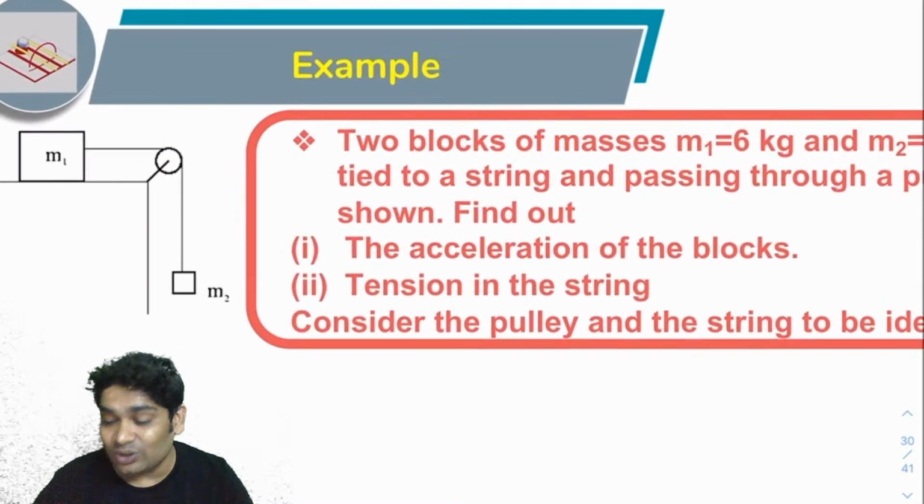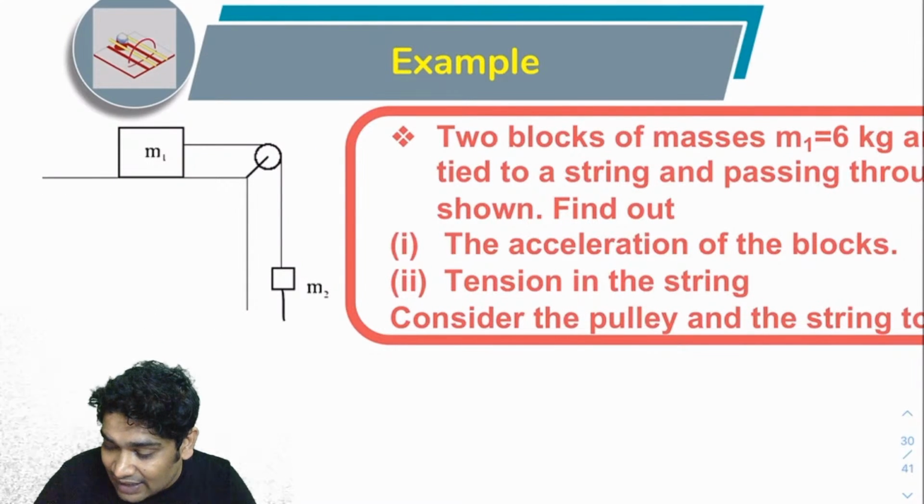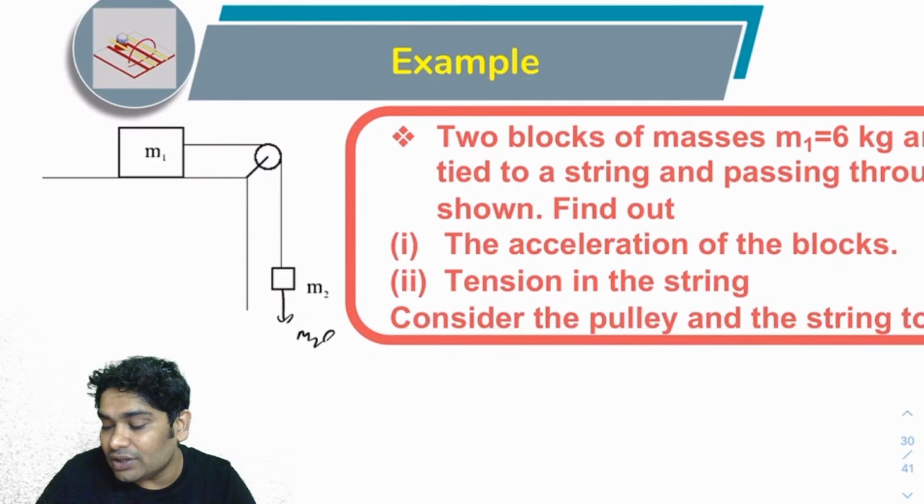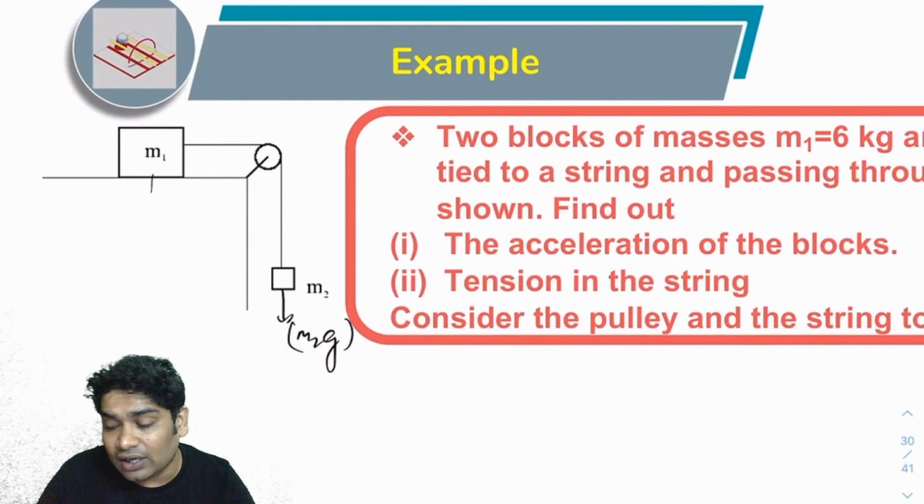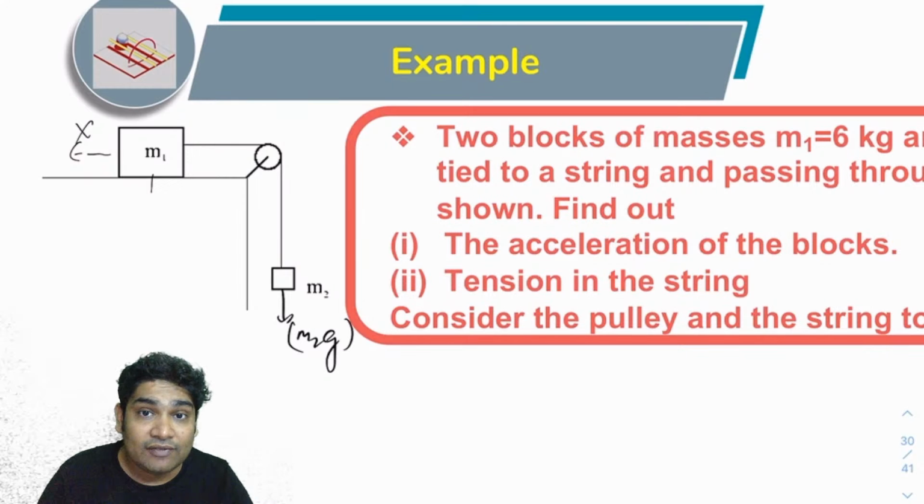Okay, so see, here this guy will get pulled by m2g. So m2g is trying to cause the motion, m1g is not trying to cause the motion. Here you don't have anything pulling this. So you need to find the external forces that are trying to cause the motion. So if you take them as one system,